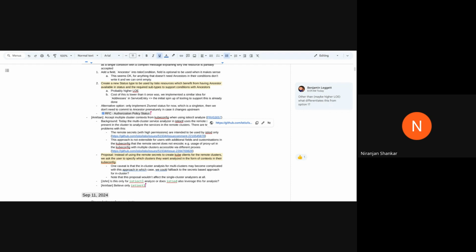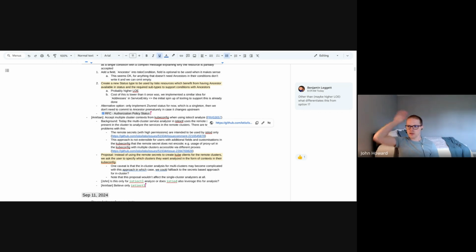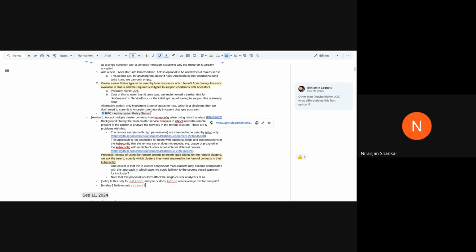Sorry, quick follow-up. Does that have to have a specific name or a specific label or specific format? I believe the cluster name is derived from some part of the kubeconfig. I forget what. It's somewhere in there. Somewhere in there defines the name, and that's what we use. I'd have to look at the code to remember exactly what it is. Okay. Yeah, I think it's as John says with the label as well, setting some multi-cluster annotation to true.